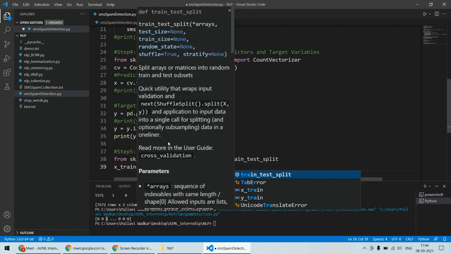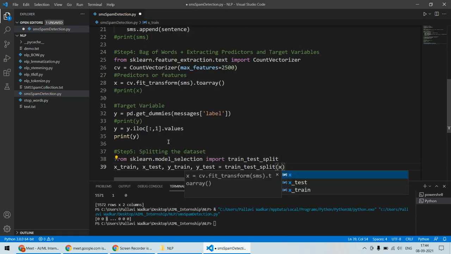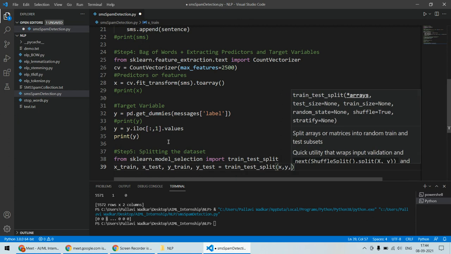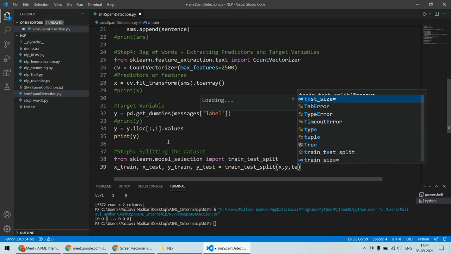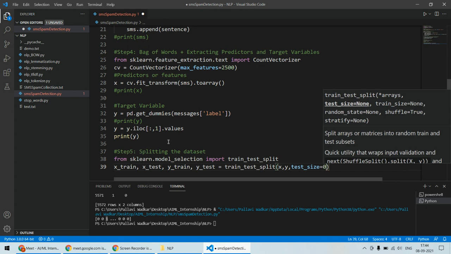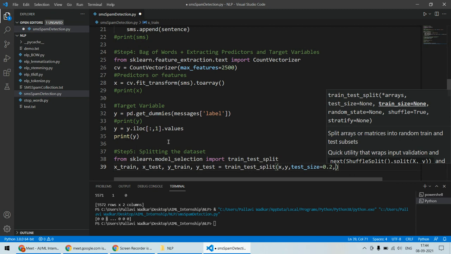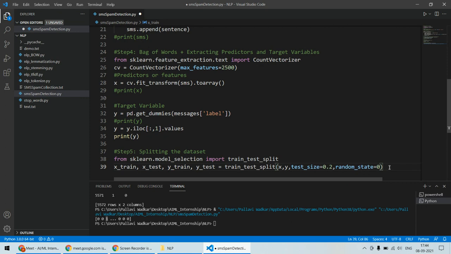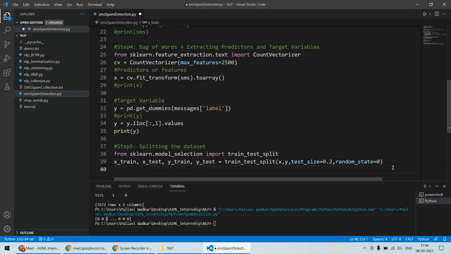now equal to train_test_split, और पहला आर्गुमेंट होगा अपना x, सेकेंड आर्गुमेंट होगा y, ओके, राइट। सो ये x एंड y को हम यूज करेंगे फॉर द स्प्लिटिंग पर्पज। और नेक्स्ट क्या होगा अपना, यहाँ पे नेक्स्ट क्या होता है, टेस्ट साइज। टेस्ट साइज हम यहाँ पे यूज करेंगे लेट्स से 0.2। और नेक्स्ट क्या होता है, रैंडम स्टेट। सो रैंडम स्टेट हमारा जीरो एज यूजुअल। तो ये सब कुछ मैंने प्रीवियस अपना जो नॉलेज है उसी को यूज किया है, कुछ नया टेक्निक यहाँ पे यूज नहीं किया है, दैट्स फाइन। तो यहाँ पे अपना डेटा सेट स्प्लिट किया जाएगा इन x_train, x_test, y_test के फॉर्म में यूजिंग दिस वन।